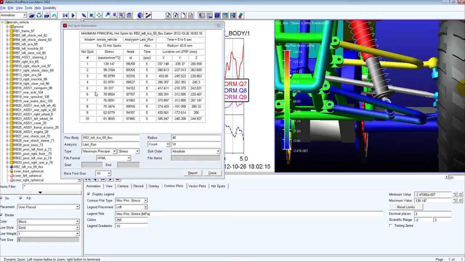So this is already, before even doing fatigue analysis, we already know that node 88258 is going to experience the most, the highest maximum principal at time step after 5 seconds, and the maximum stress would be around 140 megapascal. So with this information, perhaps what we could do then is create a hotspot